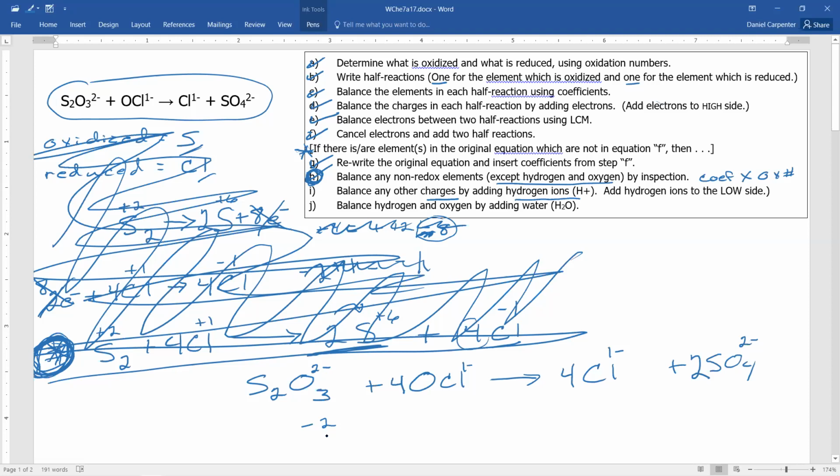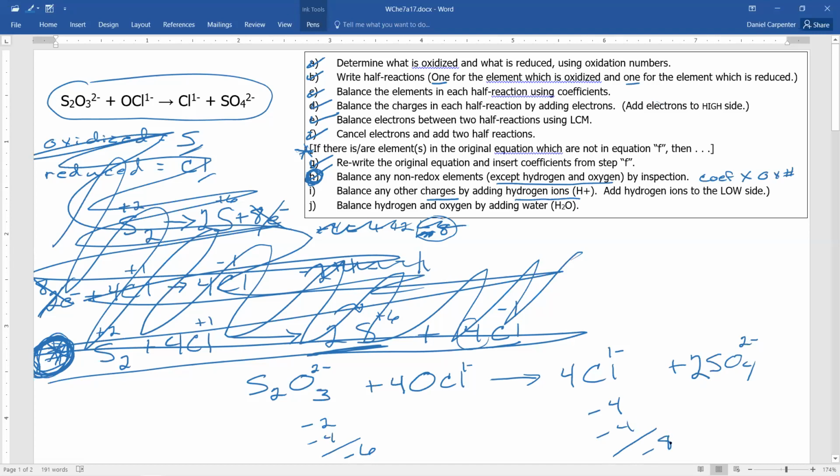If you have questions, click on that raise your hand button. Coefficient of 4 times oxidation number -1 makes -4. So the left side adds up to -6. On the right, 4 times -1 is -4. 2 times -2 is -4. So the right side adds up to